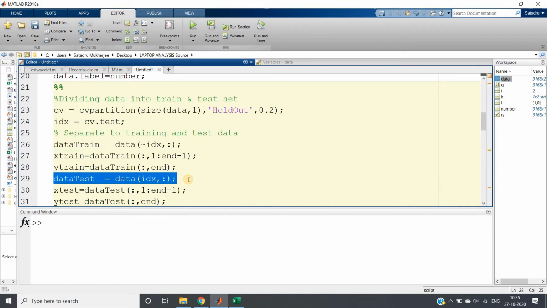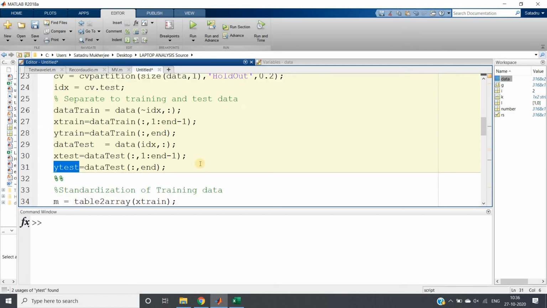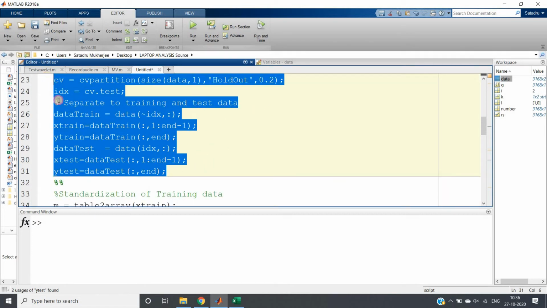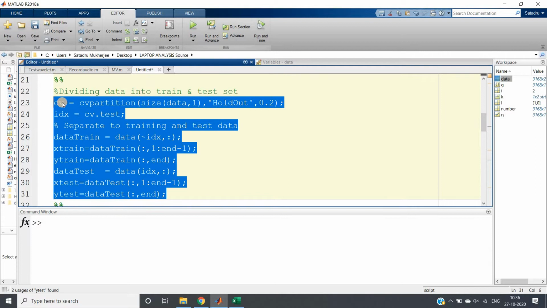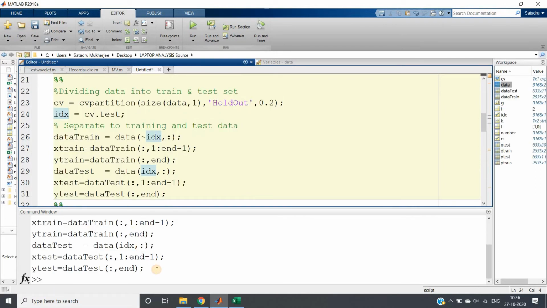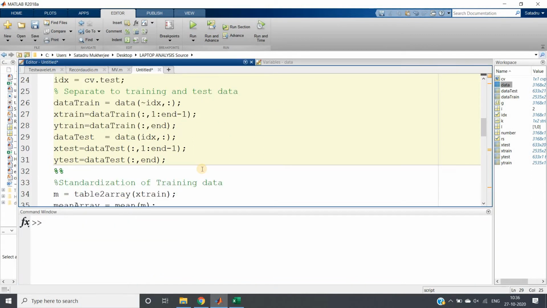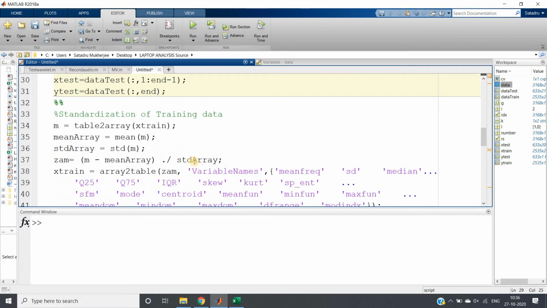Similarly, we are taking test data for all these rows, whatever the index position is giving us, and all the columns, and then dividing the test data also, the input feature and the corresponding label. Okay, right? So let me run this particular part. I hope up to this you can easily understand. No need to worry about a single code. All the codes will be posted in the description box or in the comment section. Okay, so I have cleared the comment window. So our training, testing, splitting is done.